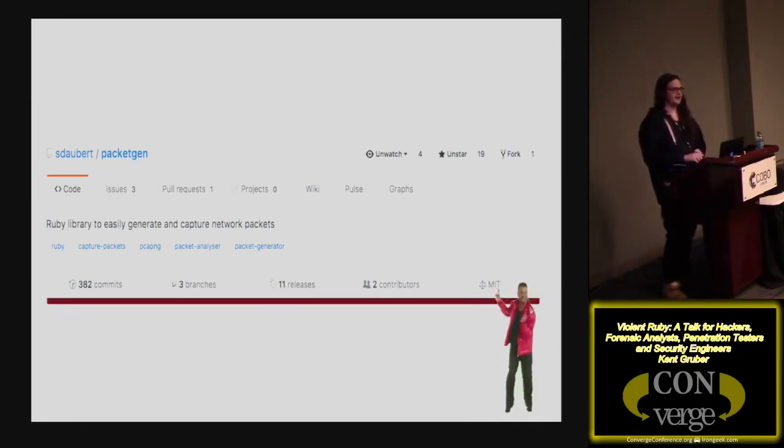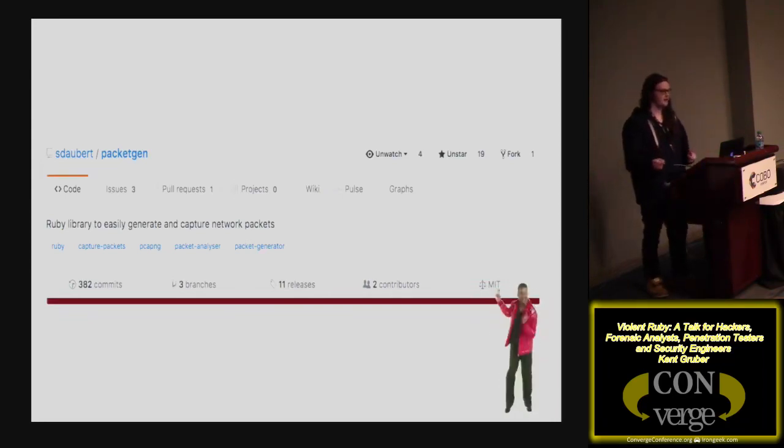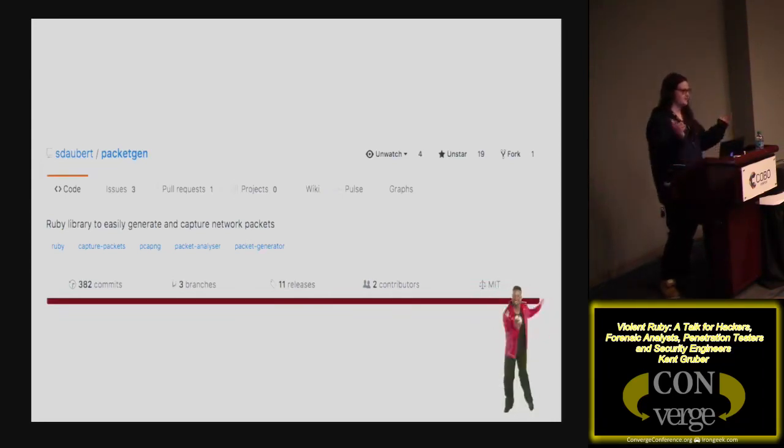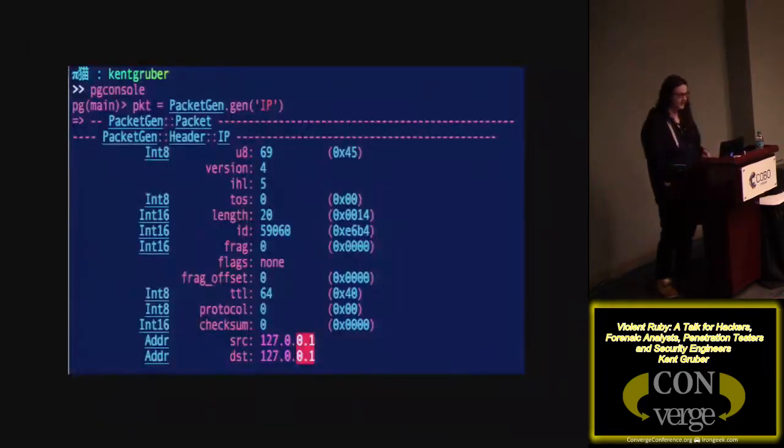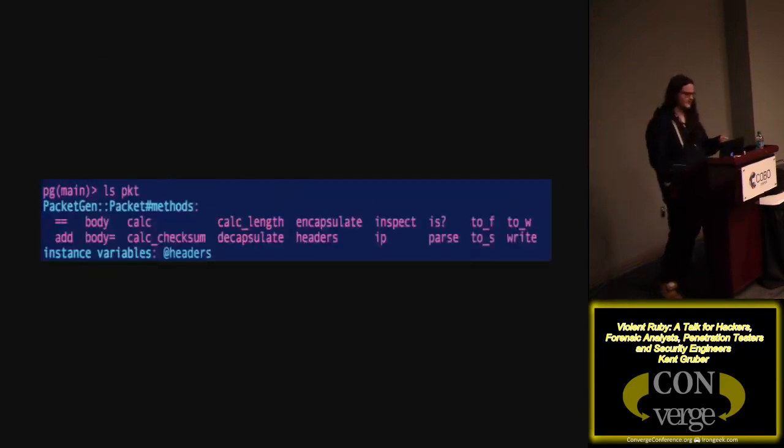He does really great work, and he made this library called PacketGen. He is the number one contributor to Packet.foo, and then he was just like, you guys have a bunch of hanging pull requests, whatever, I'm going to go make my own. And then he made these really great libraries where you can do packet manipulation. It's a mid-level packet manipulation library, where I could do something like generate a packet, or read packets off the wire and then parse that. Really fun stuff, I think.